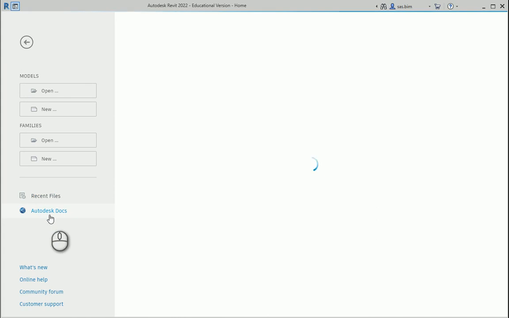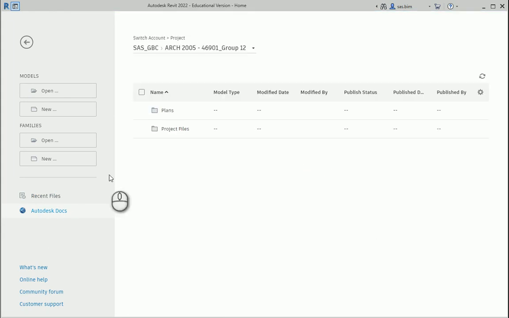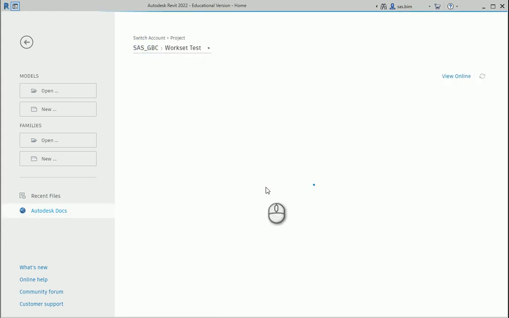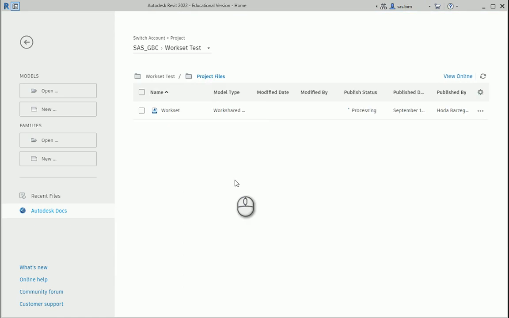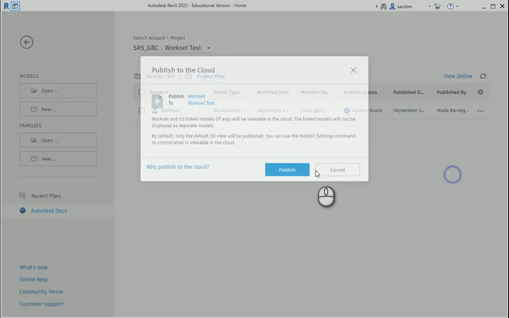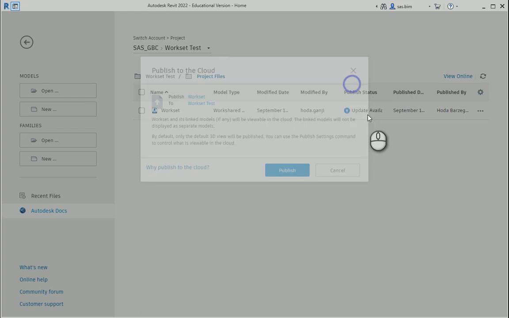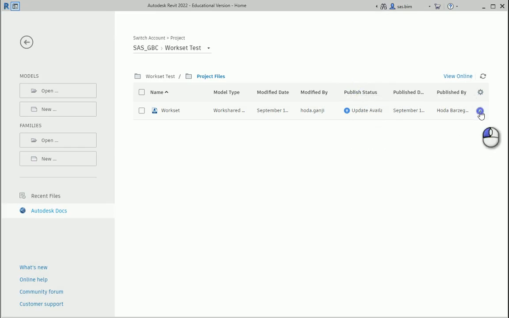If the other user goes to their account, and let's go to the same project folder, they would see this Revit file, right? So I would like to publish the latest because as you notice here it says update available. So I want to go with publish latest. So it's gonna show me all the changes in the file. When it's done processing, there is this check mark here, latest published.